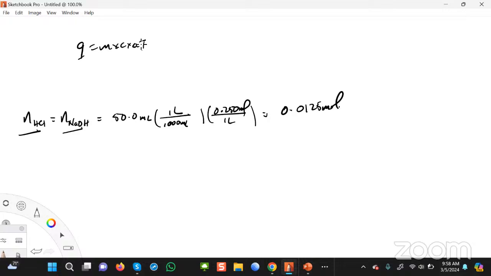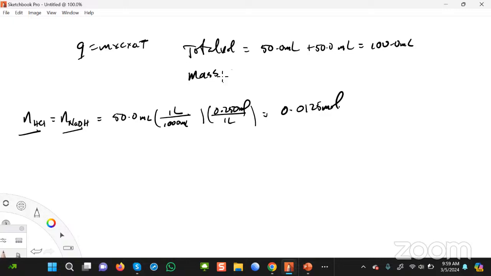Okay. Now, we have to make some approximations here. So I'll explain what I mean. If you recall, the question says that you're mixing 50 mL of each solution in one. So therefore, the total volume of the solution is going to be 50.0 mL plus 50.0 mL, all right? So that's going to be equal to 100.0 mL. So based on that, we can calculate the mass of the solution resulting. So mass of solution will be equal to the volume, 50.0 mL,